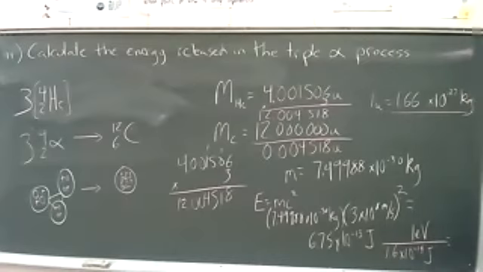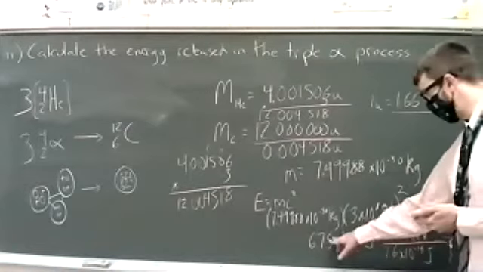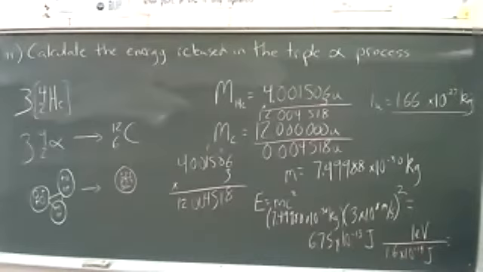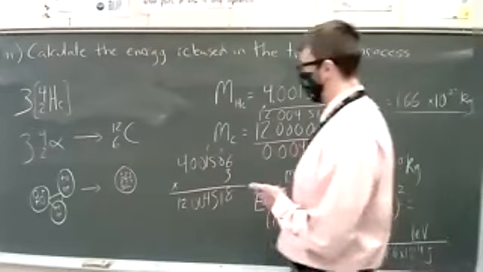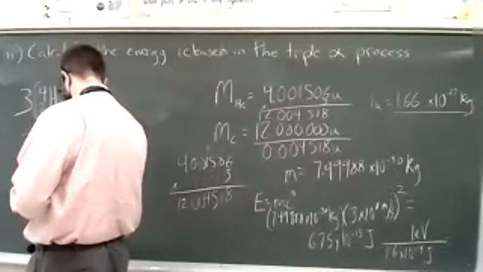As an electron travels through a potential difference of 1 volt, it gains this energy. So we take this number, and I just keep the whole thing in my calculator, so it's a little bit more precise than this. Divide by 1.6 by 10 to the negative 19. And I realize we've got an energy release of,